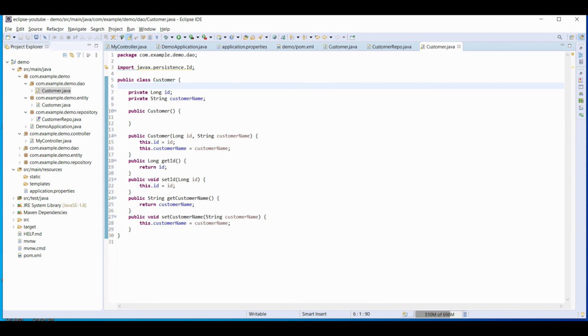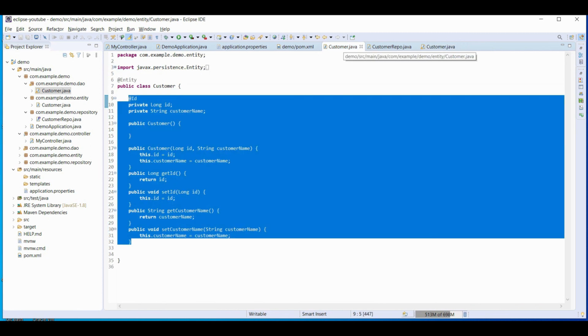This is just a plain Java model class that we will use to map details to our actual entity class. It is suggested that you should not deal directly with your entity class. This class will just be used for mapping our details, and this is our customer entity class.